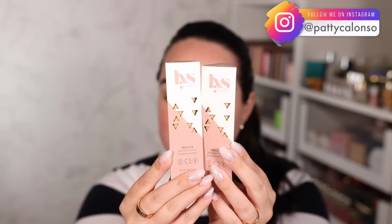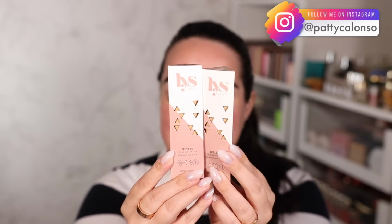Let me show you everything new we'll be trying. First things first, we have a new cream foundation to try, and it is from LYS Beauty, the Triple Fix Serum Skin Tint Stick. One thing about LYS Beauty is I absolutely loved their first foundation launch. It is a fantastic liquid foundation if you haven't tried it. Beautiful medium coverage, very hydrating, nice glowy finish. I love it, okay? So I have very high expectations for this foundation stick right here,